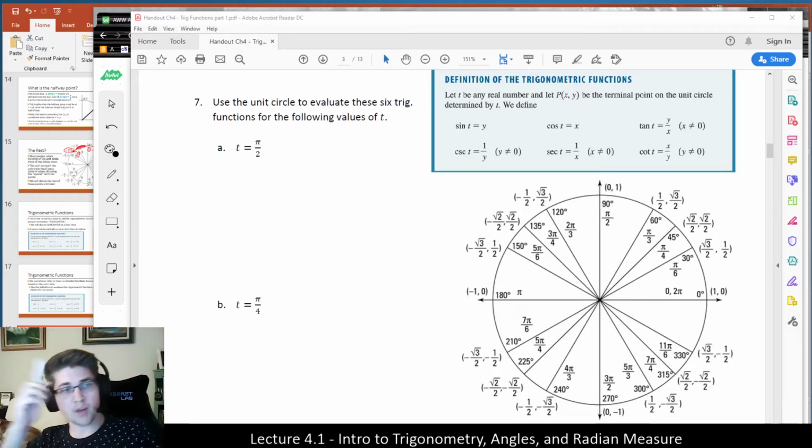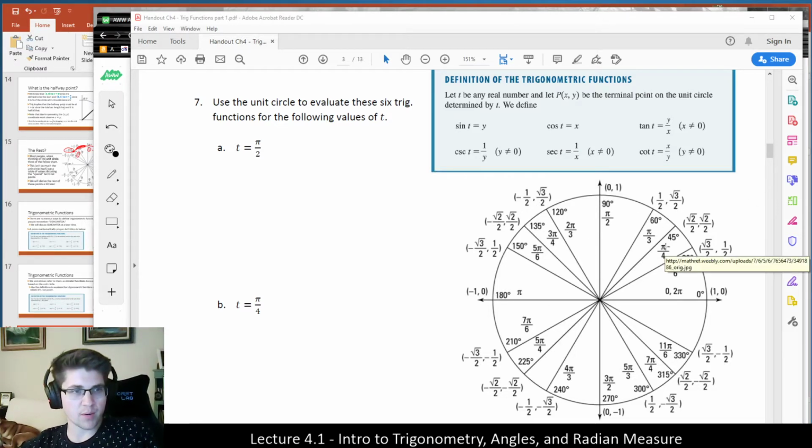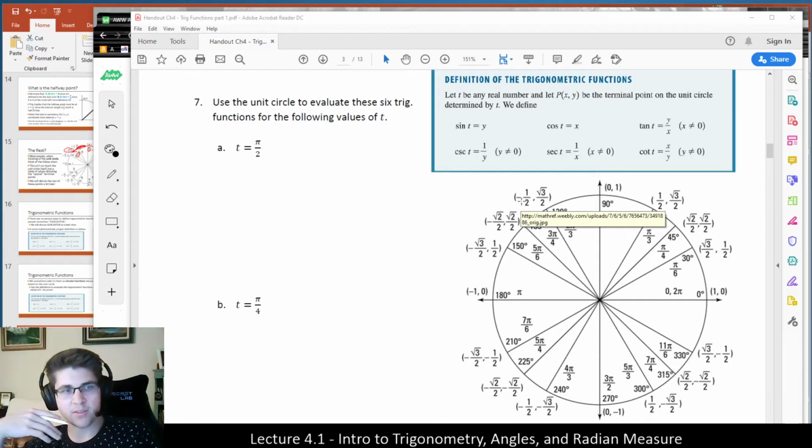Now, when evaluating trigonometric functions, unless you have the unit circle memorized, it's helpful to have the chart of the unit circle readily available when you're working on your homework or on quizzes, because basically all the information we need is right here. We have the points, we have the t-value. If we are able to use the unit circle to solve it, it should all be here. And that's kind of what we're getting at and why the unit circle is important to know and useful when